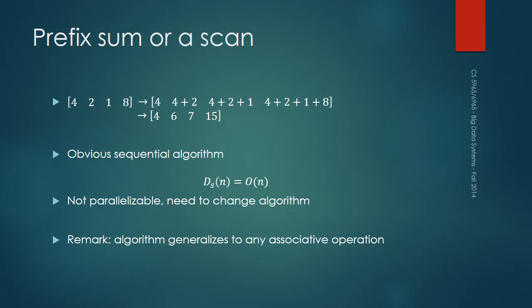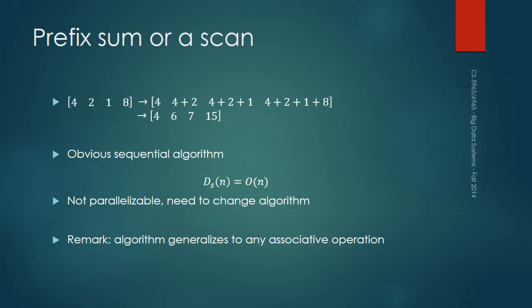Let's say we have an array like this, which is 4 2 1 8. It's basically each entry is replaced by the sum up to that point. So the first entry doesn't change. The second entry is 4 plus 2, then it's 4 plus 2 plus 1, 4 plus 2 plus 1 plus 8. Okay? So you're just going sequentially. You can think of it as like, when you have a probability distribution, you want to do a cumulative probability distribution. It's basically the cumulative nature of this.